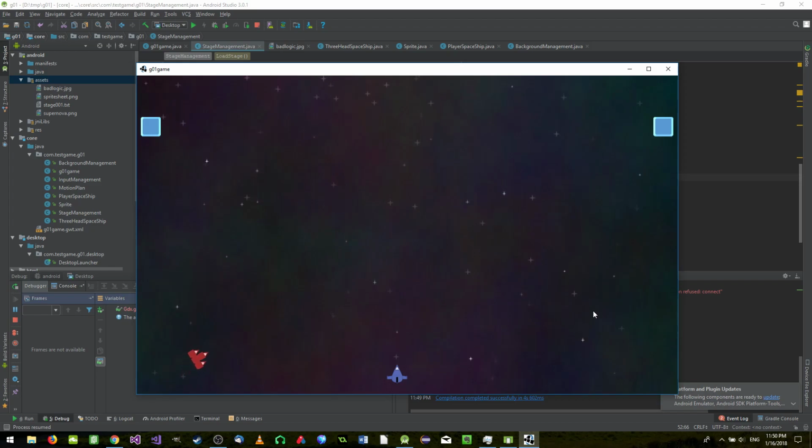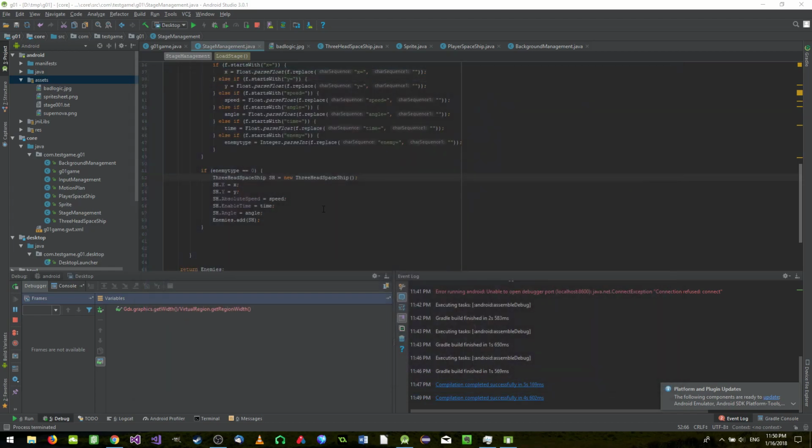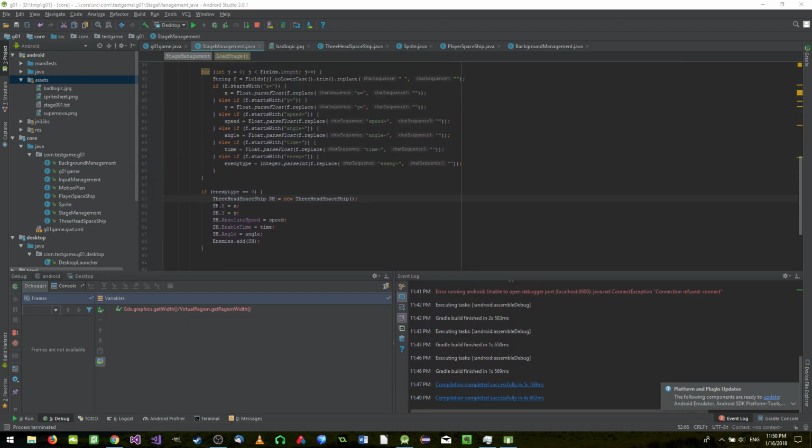Okay. I think I did something wrong. I'm not sure. Certainly I did something wrong, right? Because they are both appearing at the lower left corner. Right, the angle is being set correctly, but the X and Y, oh, I'm very sorry. The X and Y need to be multiplied by the virtual width, while the other one needs to be multiplied by the virtual height,